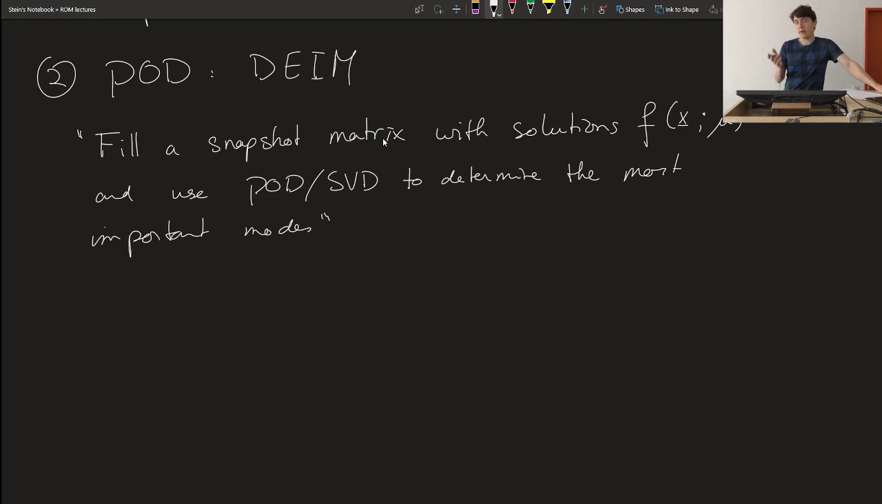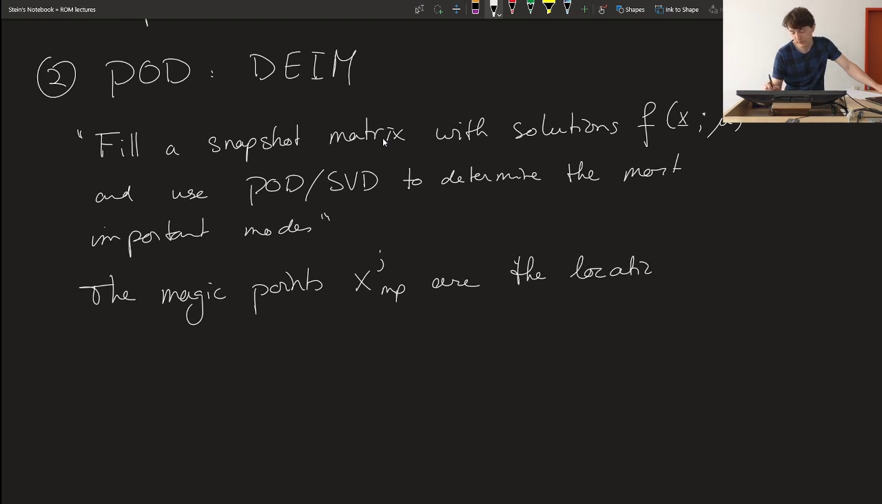Now for greedy we had a very clear idea of where the magic points will be. Those are the points of highest error. So how do we obtain the magic points for this one? Well, it's slightly more complex, but the same basic idea. So now the magic points x_j^p are the locations of maximal error again